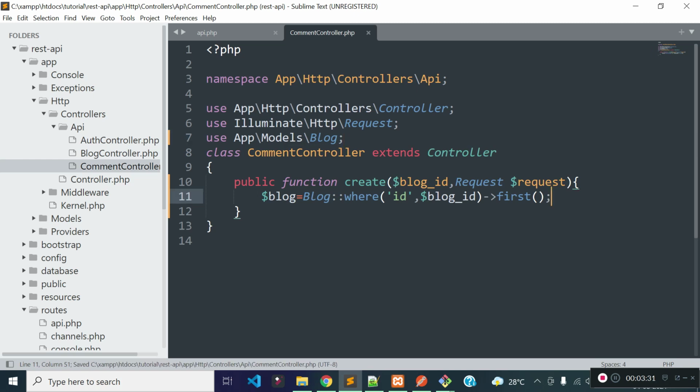Okay, now I will check if there is any blog found. This will return us a blog object if any blog is found with this ID, and if no blog is found this will return us a null value.